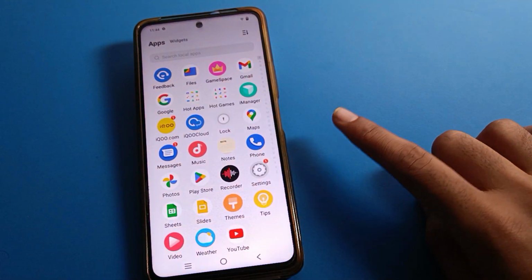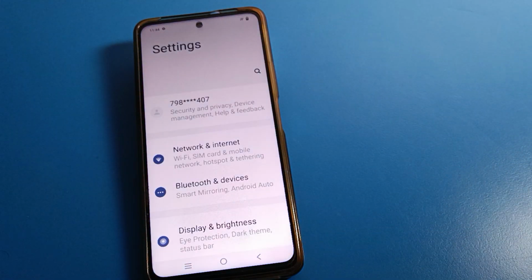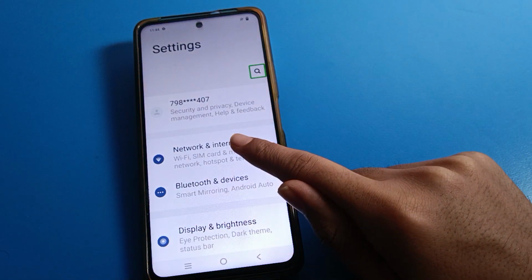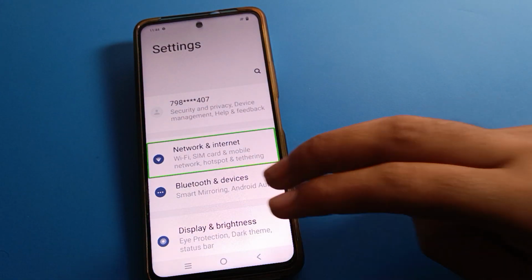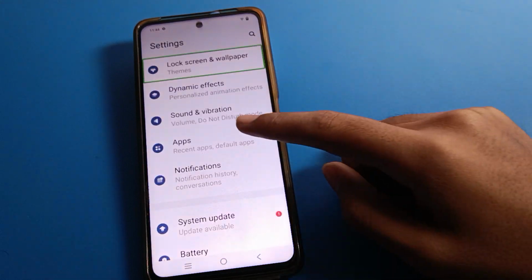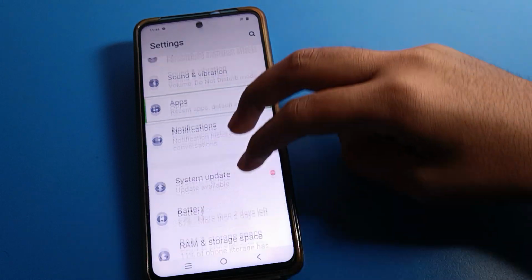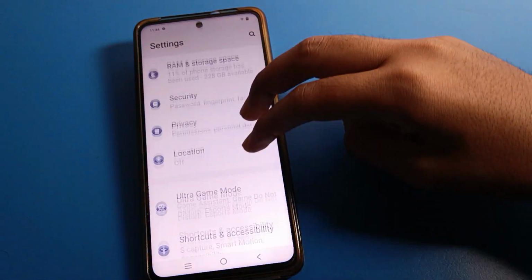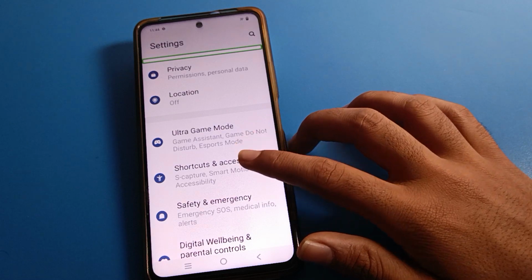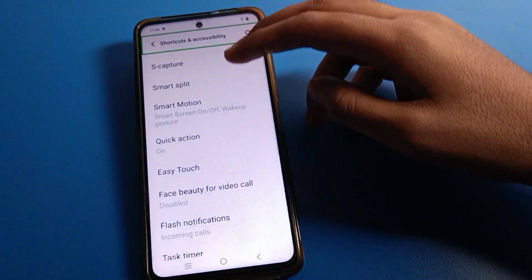Friends, use one finger and click on phone settings. Double tap here. Friends, click on network and internet, and again use two fingers, because if you use one finger, you cannot use your iQOO mobile screen. So use two fingers, shortcut settings, friends, click here, double tap here, and you can see this type of